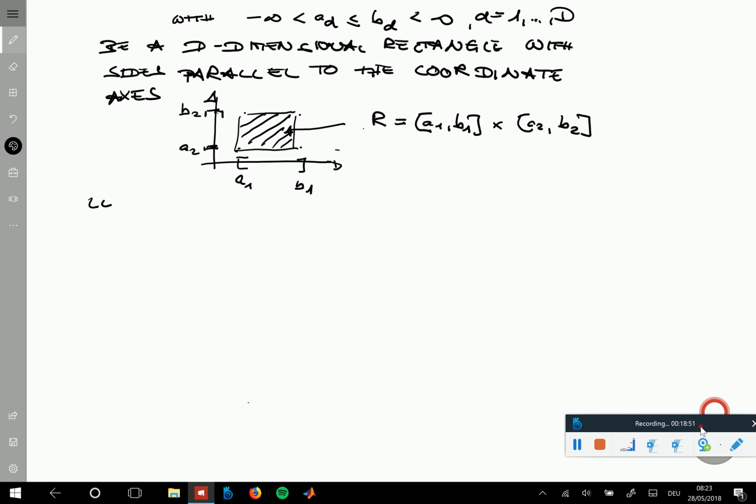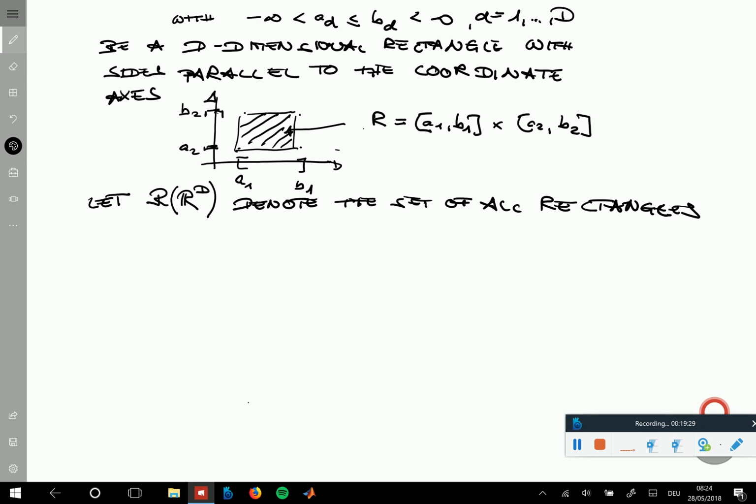Then let R, and then the definition just uses the set of all these rectangles. Of course, already in 2D, whenever you change a1, b1, a2 and b2, you get another rectangle. So you can define a set: let R denote the set of all rectangles in R^d. That's straightforward. And then let the volume